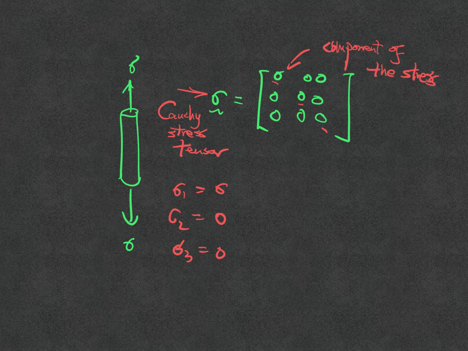So why is that? Because what are the eigenvalues of this thing? It has 3 eigenvalues, 2 of them are 0, and 1 of them is sigma. Why do I know the eigenvalues without calculating anything? Because this is 0, this is 0, I'm already in the principal direction. So whatever you have is already the principal directions. Now I see this from the experimental part of expressing the stress in the total Cauchy stress